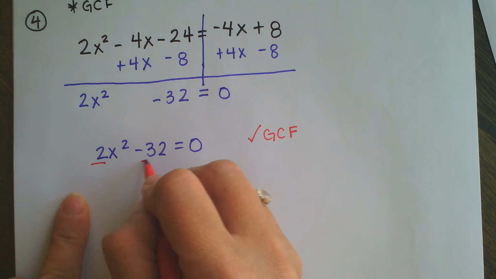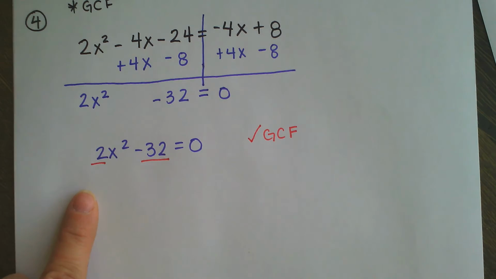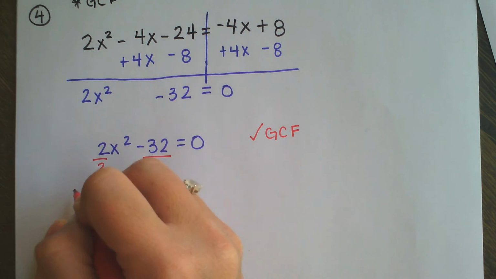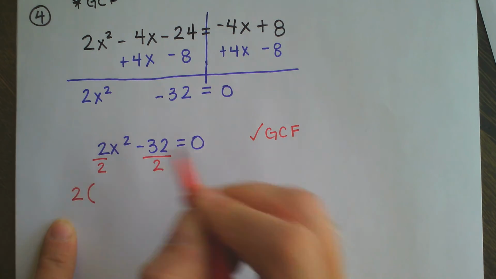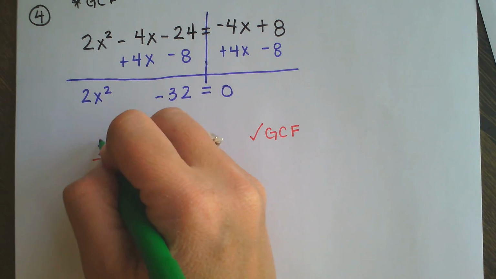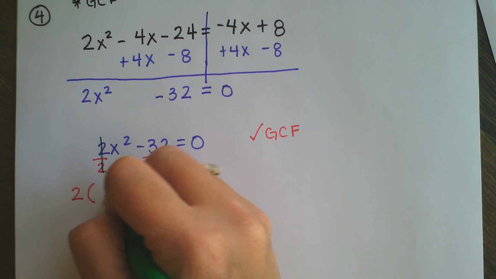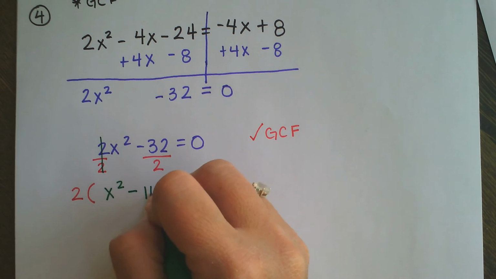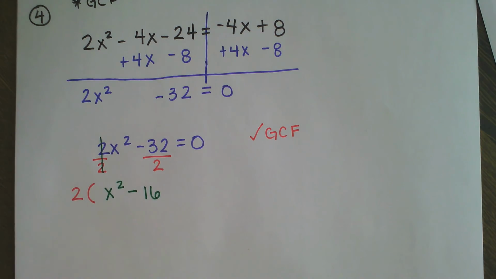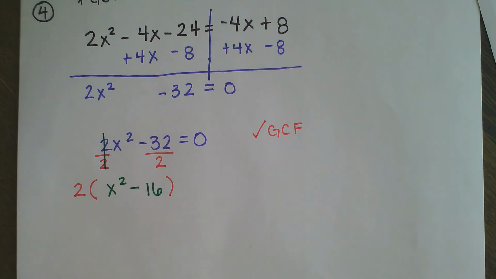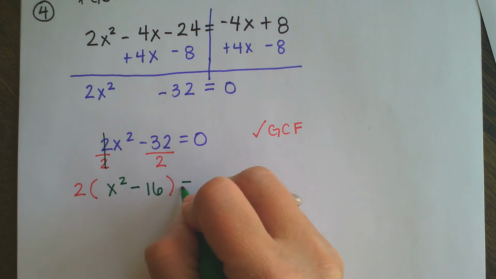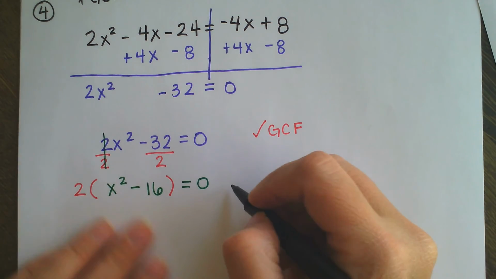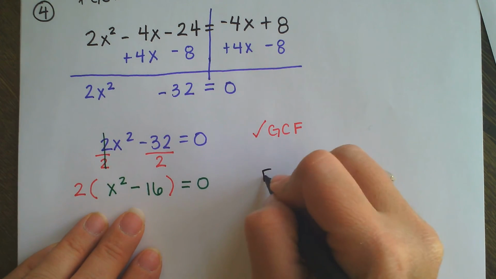2 and 32 have a common factor that I can divide out. They're both divisible by 2, leaving me with 1x squared minus 32 divided by 2. That's going to give me a negative 16. This is still set equal to 0. Now I'm going to factor